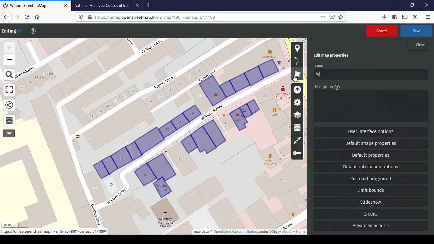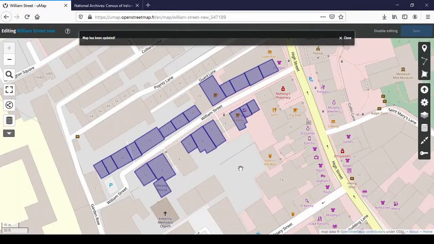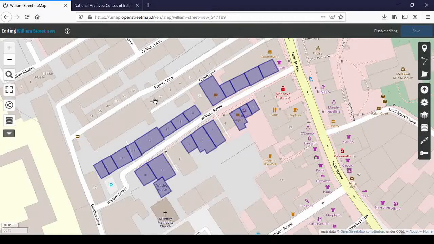because if you remember, the export file will be named after the map, and the file we imported was William Street, so it makes sense to call it William Street New, so that the map coordinator can differentiate between the two of them. And also you on your computer, because you will still have the empty William Street file, and now you have it all filled in and you don't want to confuse the two and send the empty one out to the